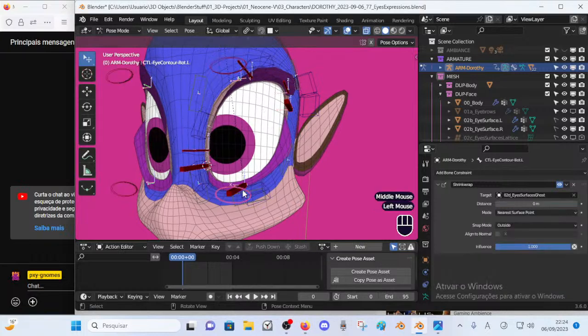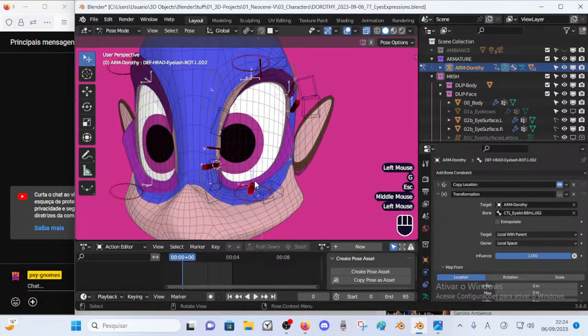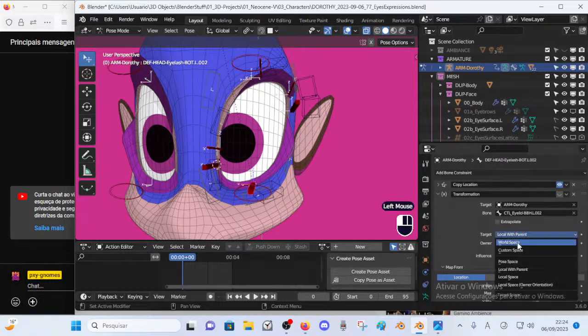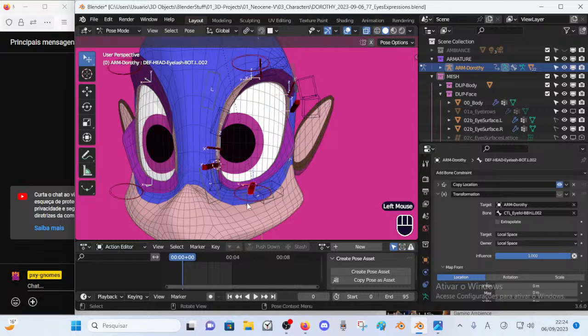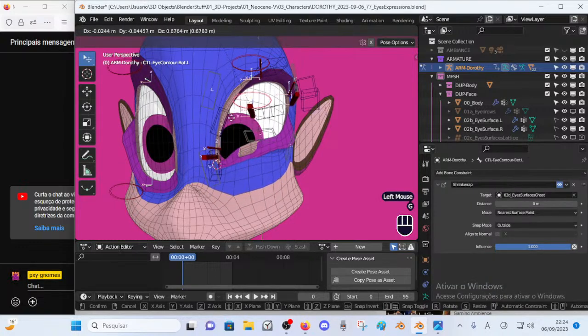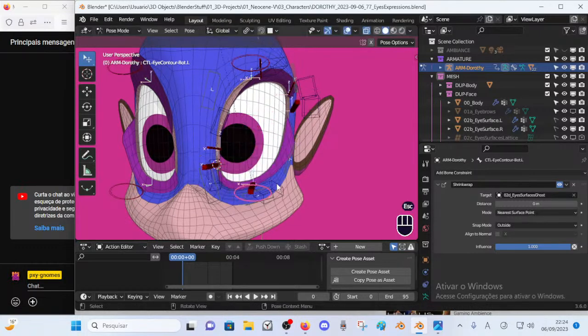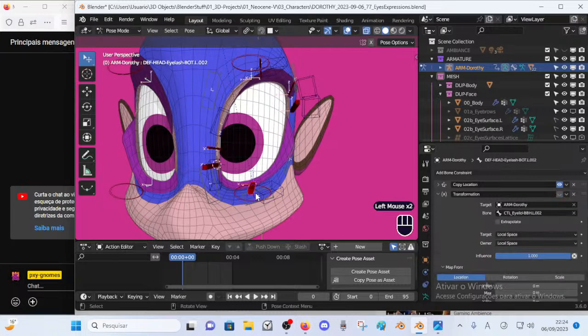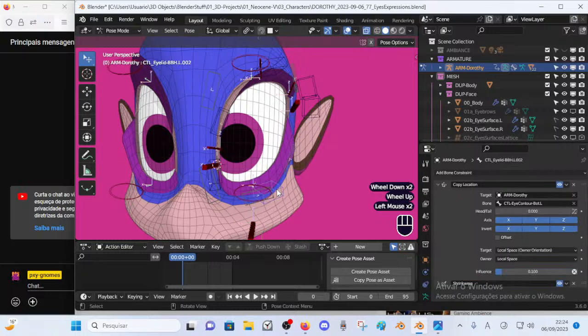Okay, now that I've explained why this target for the middle bones is important, because locally with parent, if this was just local space, what will happen is as I control the main bone, it wouldn't cause this bone, the eyelid bone, which is the target of the bone constraint for its respective eyelash deformed bone, to move.